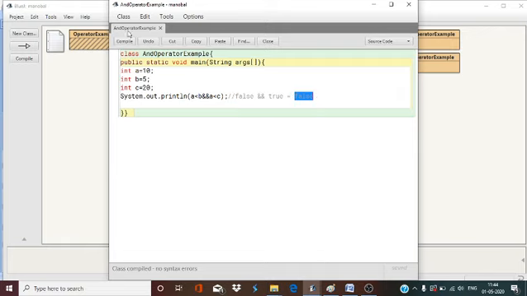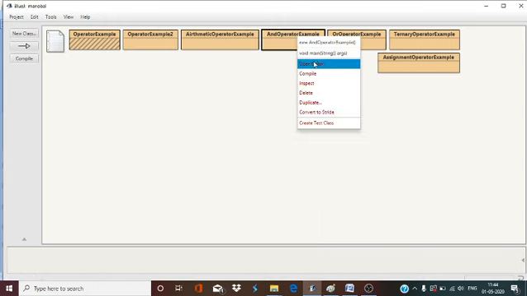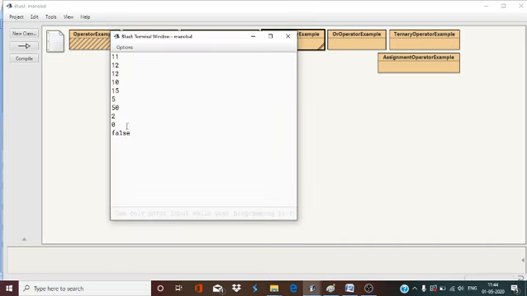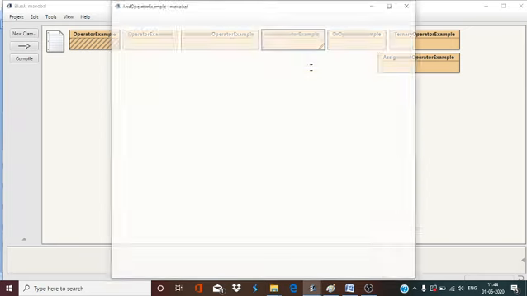If you want to see it, compile it. No syntax error, and see the output. False. Why? Because one condition is false and one condition is true. But if you give both conditions true, what will happen? One second.